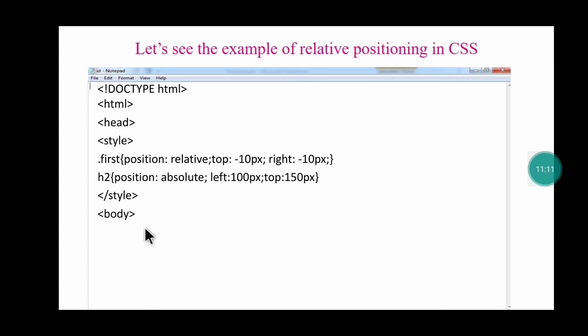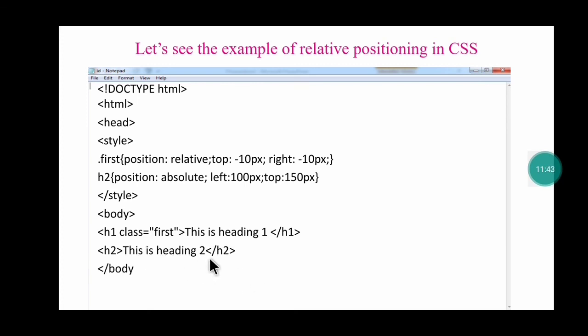Now go to the body section. In the body tag you use this positioning for the element. Now here I use the h1 with the class first, because first is a class name, and I use this is heading 1, means this first positioning relative top 10 pixel and right 10 pixel will be applied to this heading. Then h2,